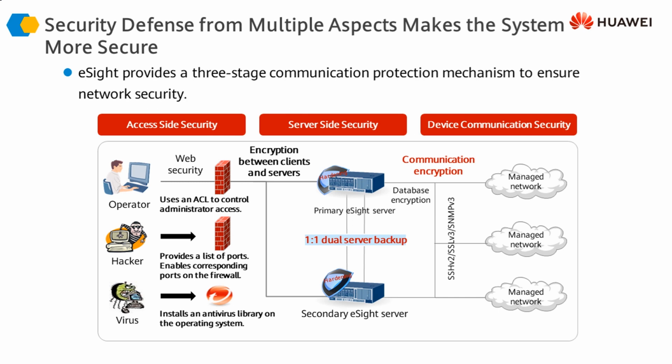And then the communication between the eSite server and the network devices is also secure, by using protocols which provide secure or encrypted communication. For example, SNMP v3 provides secure and encrypted communication, and this ensures that the communication happening between the end devices and the eSite server remains secure. So this way, the eSite server not only provides management of security devices within our infrastructure, but it also provides a secure solution itself. The eSite NMS solution itself is a secure solution.